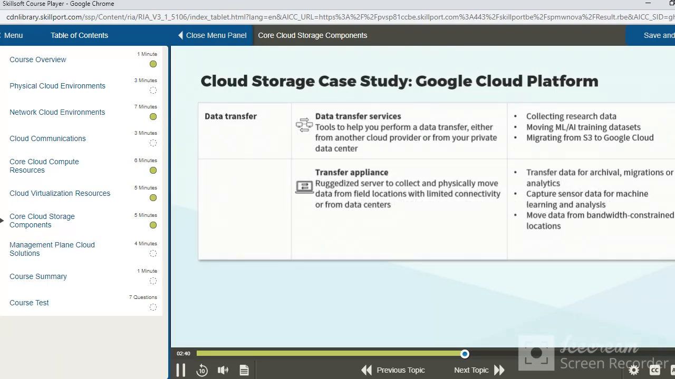There's a couple of data transfer services. The official data transfer service is a tool to help you perform this task, either from another cloud provider like AWS or from your own private data center, collecting research data, moving machine learning and AI training data sets, or migrating from AWS S3 to Google Cloud. There's also the transfer appliance. This is a ruggedized server